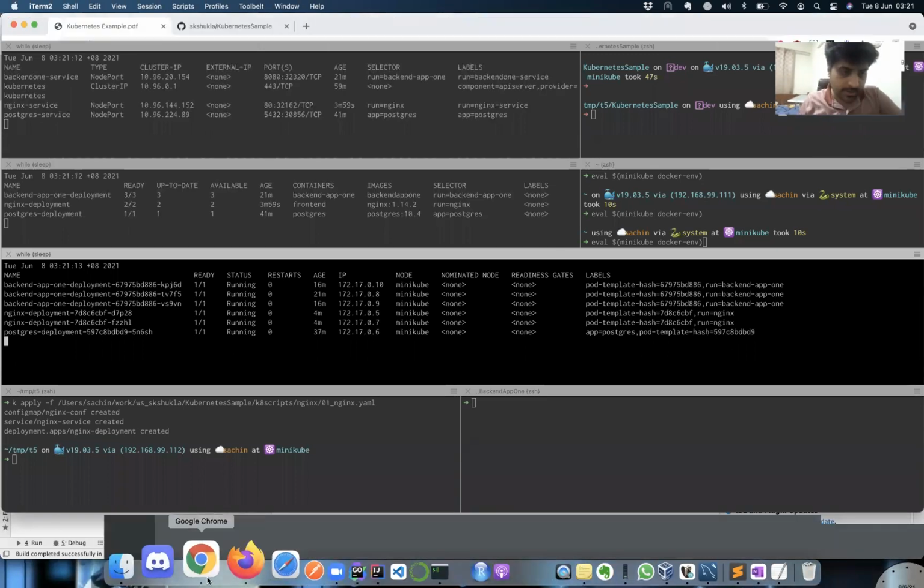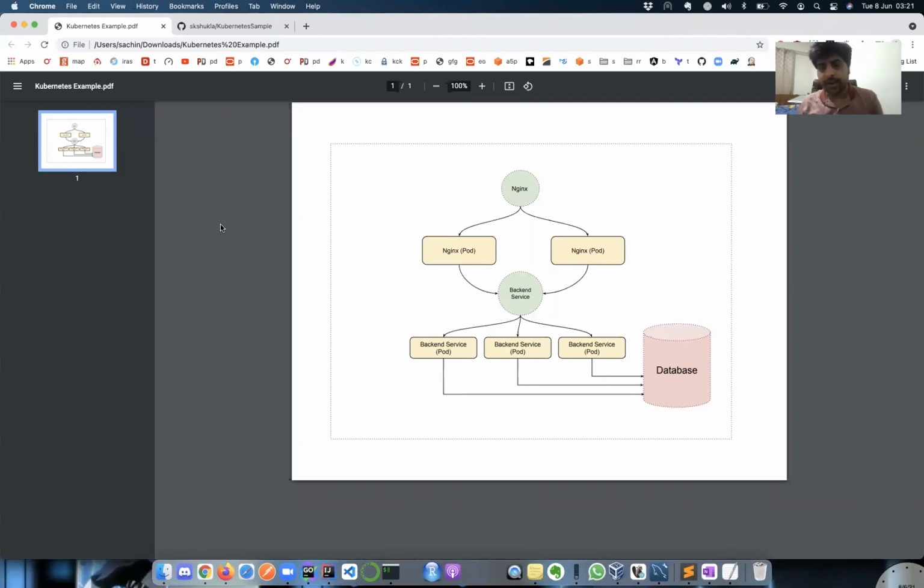So this is one of the tutorials in the series where we were trying to achieve this ecosystem where we can access the Nginx service, which lands into any of these Nginx pods, which talks to the backend service, which lands again on any of these three pods in the backend, and which communicates to the database and retrieves the information. In the whole system, if any pod, including the database, happens to crash, Kubernetes will ensure that the pod is